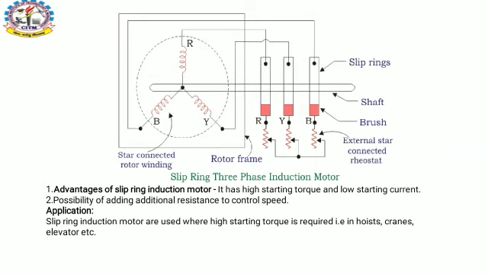There is a star connection, and that star connection is through the rotor. That shaft is called the rotor, and that rotor is connected through the brush system. The orange colors show what is called the brush, and that brush system is connected to the external star connected rheostat, that is called a variable resistance. When the motor is going to start, the resistance is at a minimum position and the motor starts, then the resistance value is increased and there are no glitches or fluctuation in the voltage system.